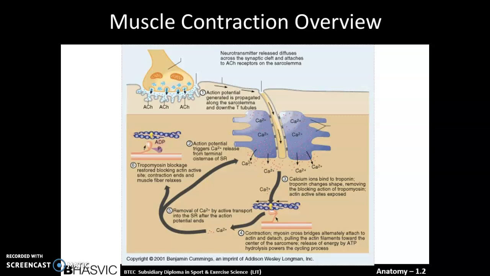Muscle contraction overview. First, it begins with a sensory organ, for example your eyes, and they detect the stimulus in the environment, which would be what is going on around. For example, this could be catching a ball. When the sensory organ senses a possible muscle contraction, this sends a sensory impulse down the spinal cord into the